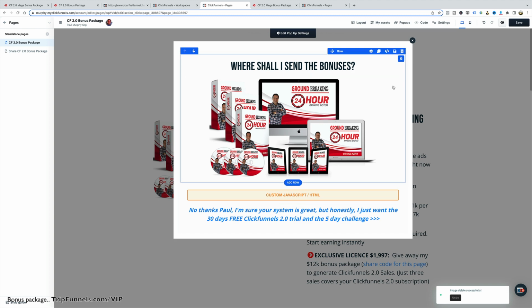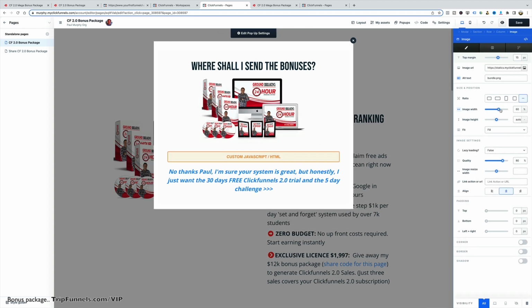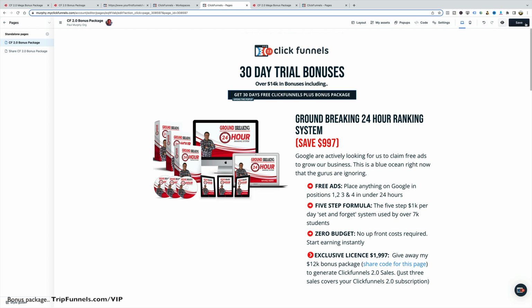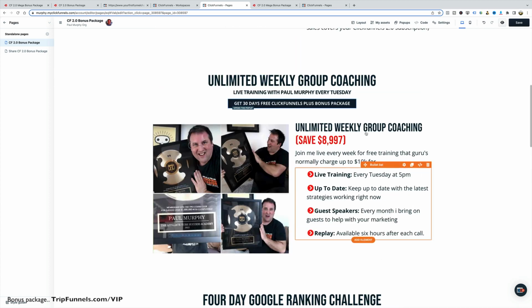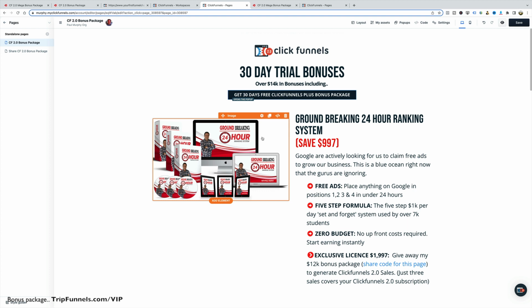I thought that was a bit too big, so what I did was I resized it a little bit, so it's a bit more like that. And the great thing is anything you do on this page is saved there, right? So that's pretty cool. And then what I did was I cloned this page because I was going to